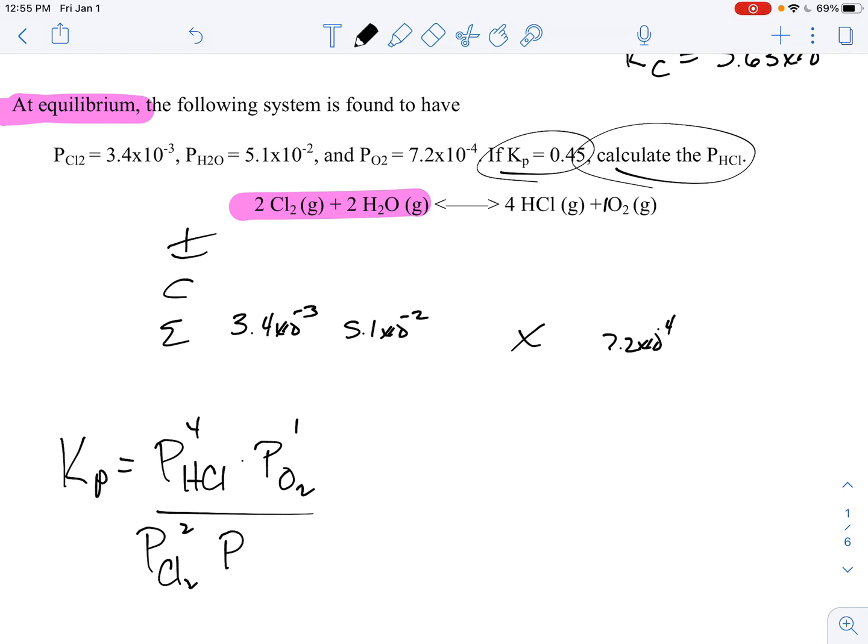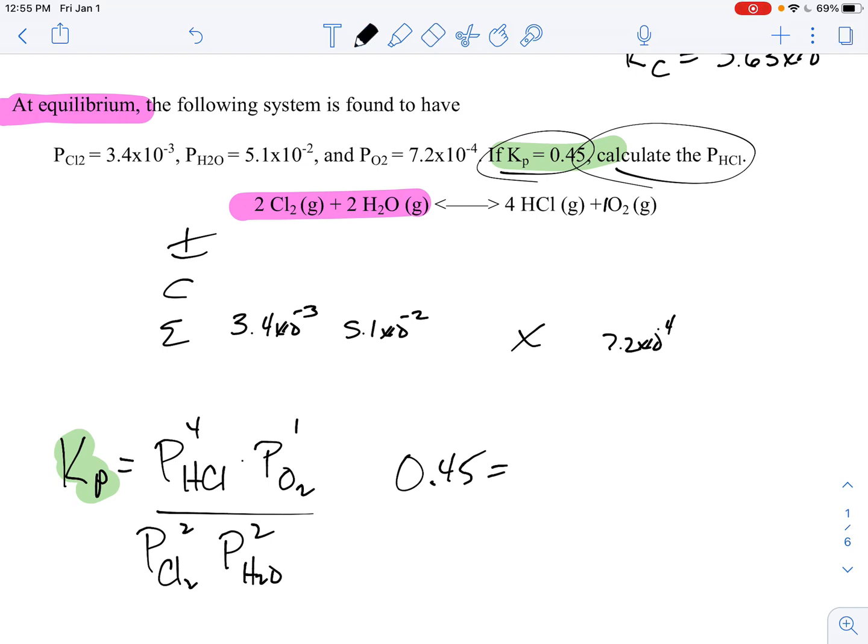And so our reactants are the pressure of Cl2 squared and the pressure of the steam, the water vapor, squared. All right, they told me what Kp was. They told me Kp was 0.45, so that's easy. So that's 0.45 then, and that's going to be equal to 3.4 times 10 to the negative third raised to the fourth power